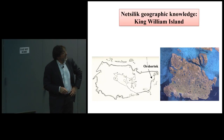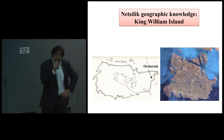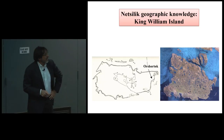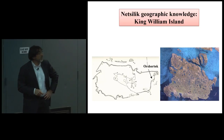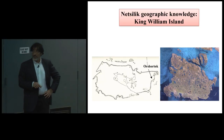So here's one, Shuratuk, which means a place where one stamps one's feet. So presumably while you're waiting to spear the seals, your feet get cold, and then when you spear the seals, you get out and you stamp your feet. There would be another place like here, it's called the Nose for obvious reasons because it's this hook-like peninsula. Now the amazing thing is if you compare this map drawn by an Inuit hunter to a satellite image,